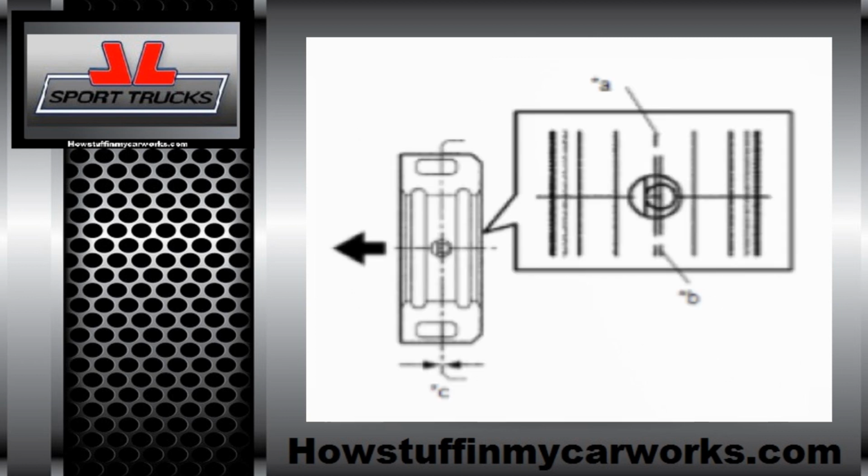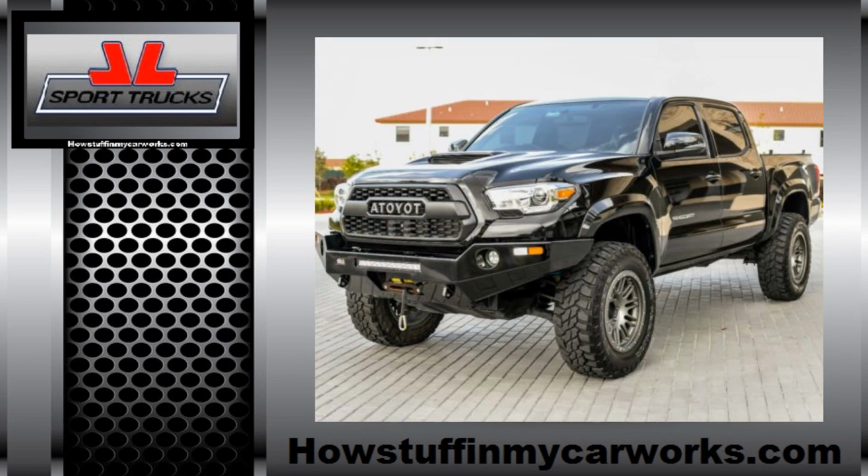Adjust the carrier bearing and tighten the 2 bolts to 27 foot-pounds. And the final step is to install the rear wheels and tighten the lug nuts to 83 foot-pounds. Lower your truck to the ground, take it for a test drive, and when you come back, inspect it for